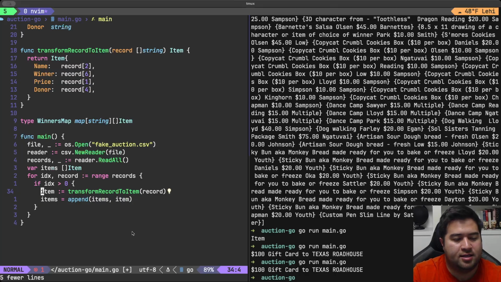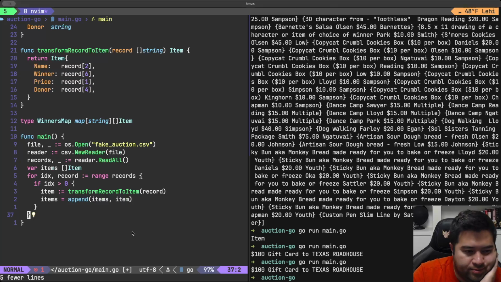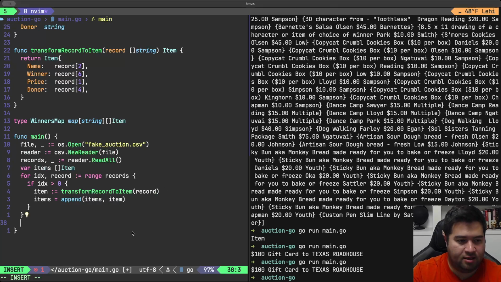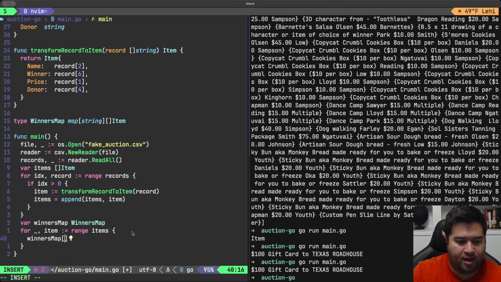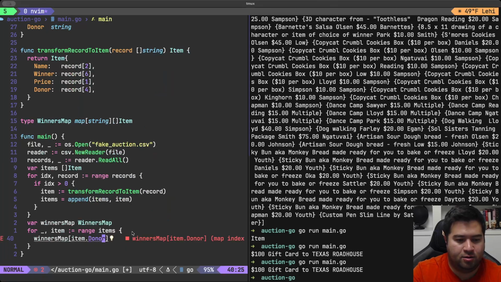Now that I have that, what I could do is iterate over the items again. I could just go for blank, item := range items. And then let's go ahead and declare a map, winners map, of type winners map. And then I can say winners map at index of item.donor